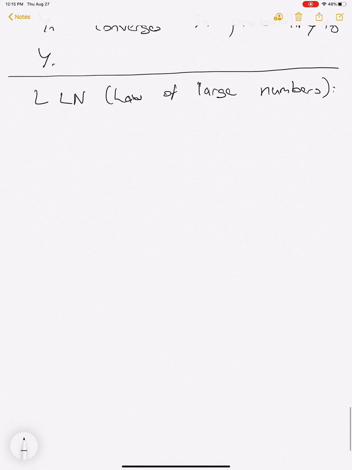Now we're going to go to the first key result, which uses this notion of convergence in probability, which is the law of large numbers. I'm going to use this acronym LLN throughout the course, so I'm just getting you used to that here. And so we're going to return to the setting of